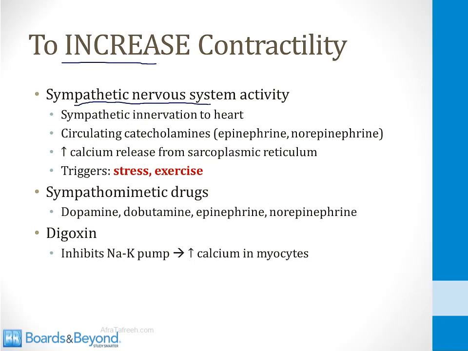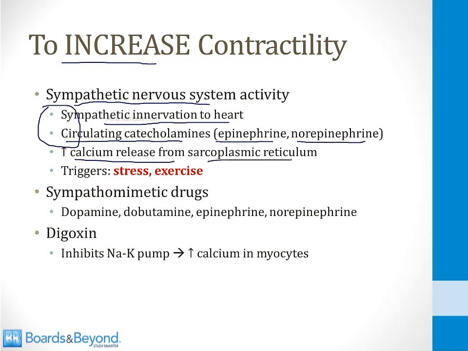There are two mechanisms by which the sympathetic nervous system can increase contractility. First of all, the sympathetic nervous system directly innervates the heart. In addition, the sympathetic nervous system can stimulate the release of catecholamines from the adrenal gland. Those can circulate and reach the heart. Those include substances like epinephrine and norepinephrine. When either of these mechanisms activates the heart, there's increased calcium release from the sarcoplasmic reticulum, and this will increase the contractility. So some classic triggers are stress, also exercise, which we'll talk about later,